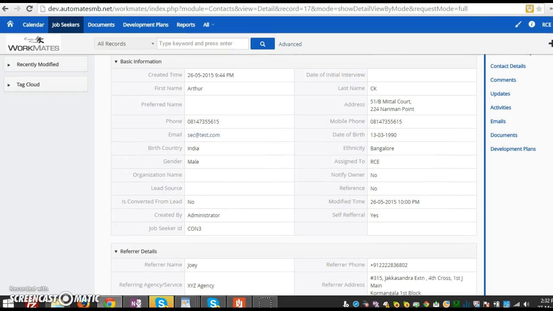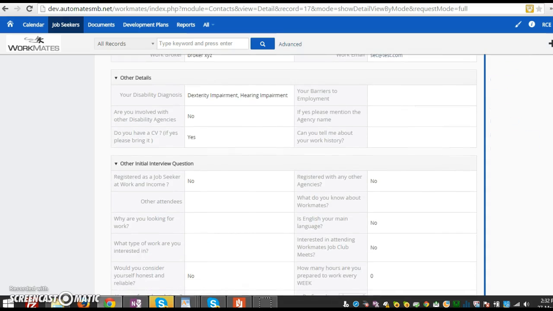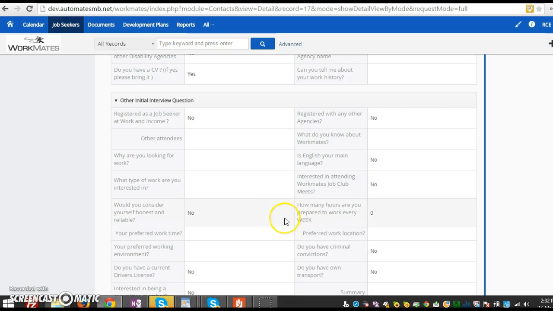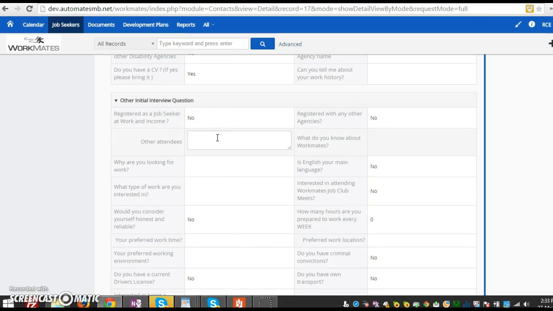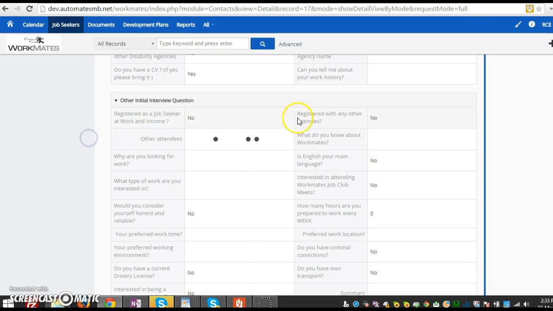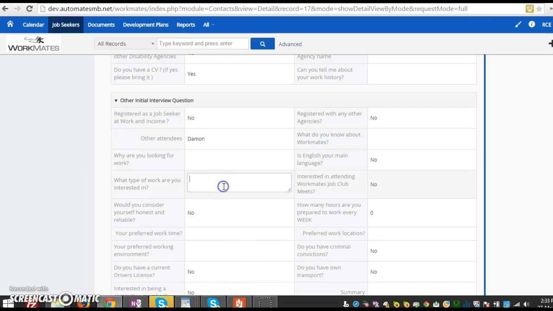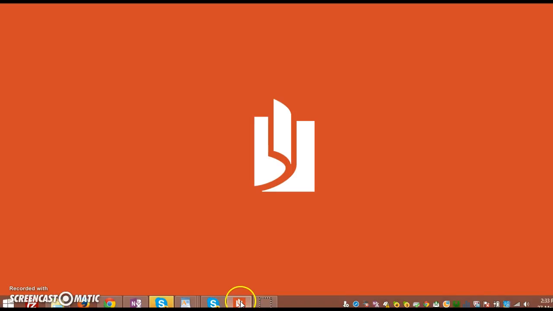If you want to update the registered name of the job seeker, you can just type in the names over here. You can update what work you are interested in, for example, interested in doing furniture related work, or whatever you want. You can edit it over here based on the interview of the client. Once this form has been filled up,